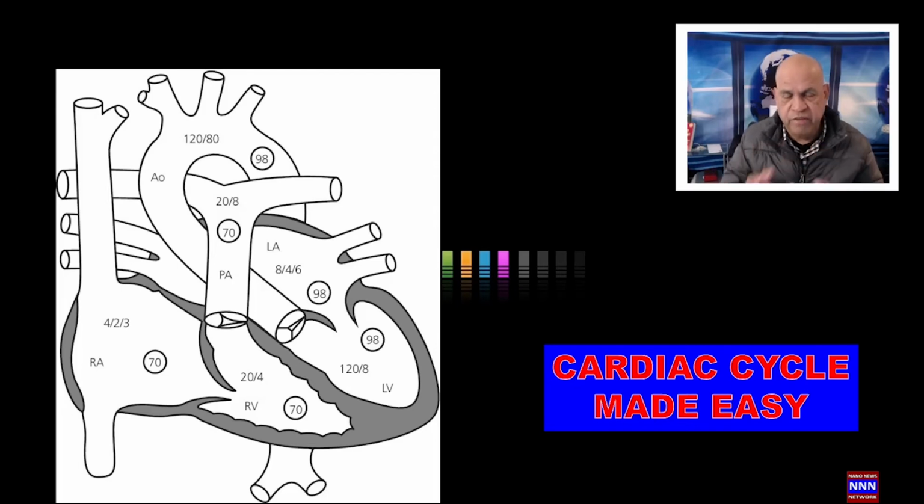It is the pressure difference that makes the blood move from one point to another. So the pressures on the right side of the heart are relatively low compared to the left side of the heart, which is the main pumping chamber of the heart. For example, the right atrial pressure ranges anywhere from 2 to 5 millimeters of mercury. The right ventricular pressure is about